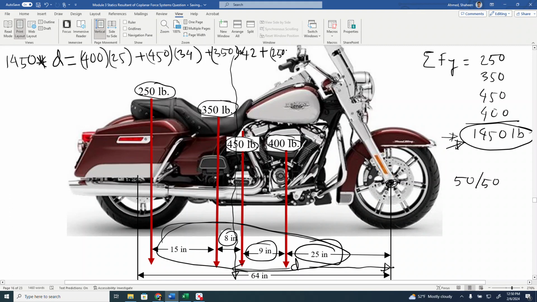That's what I found. So 57. Now if you solve for d,